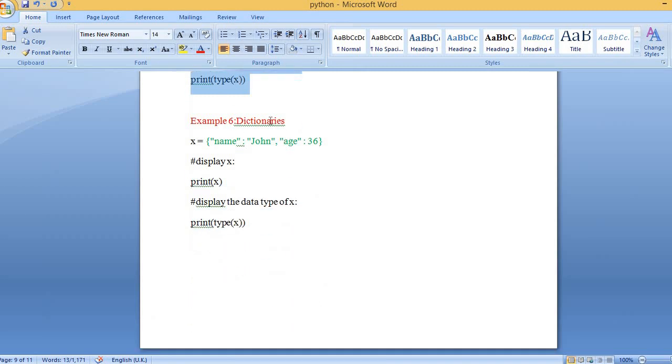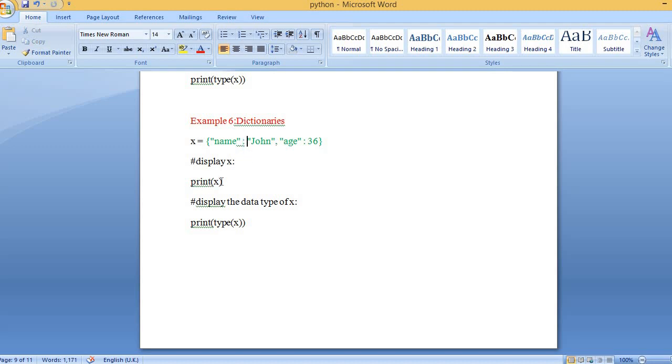Next is dictionaries. For dictionaries, you know, it will take key value pairs. You know what is key and value, right? Here the keys are name and age. The values are John and 36. So dictionaries will take key value pairs. So here I have given x equal to name, key, John, value, with a colon. So key and value will be separated with a colon.